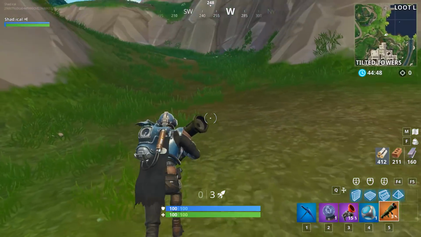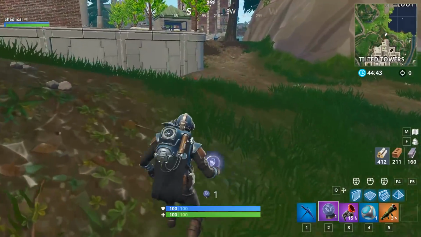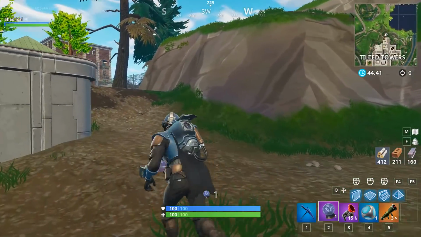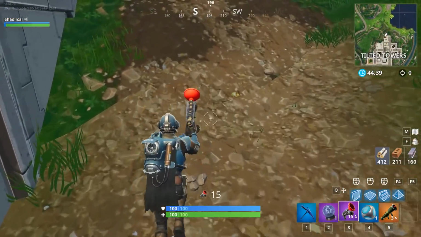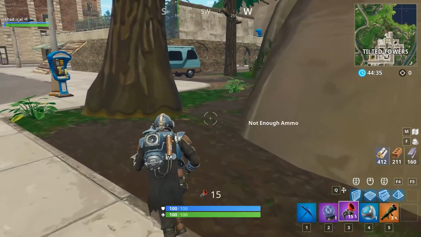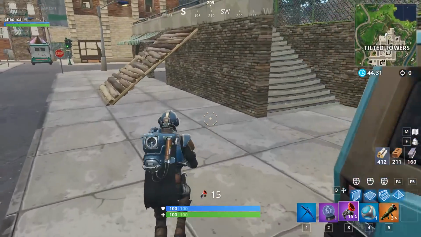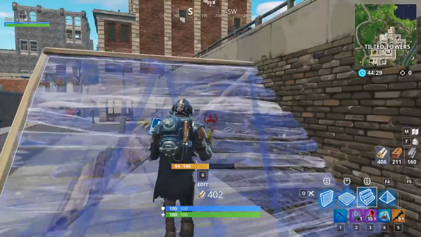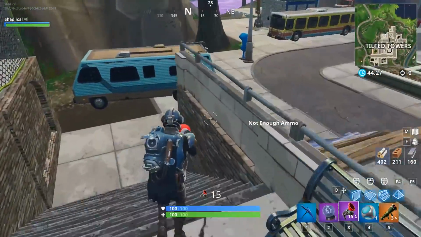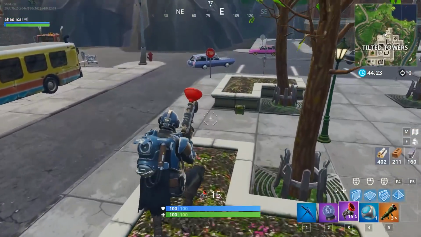Alright, so I'm heading back to Tilted Towers now, and that is for a very specific reason. What we are going to do is glitch ourselves into this mountain here. The reason is that, if you don't know the way Fortnite works, it has collision boundaries where if you touch something, it'll touch back. It acts like a normal object, but there is actually a way using shopping carts to manipulate that so that you can get yourself inside the boundary, to the point where you go inside the map and